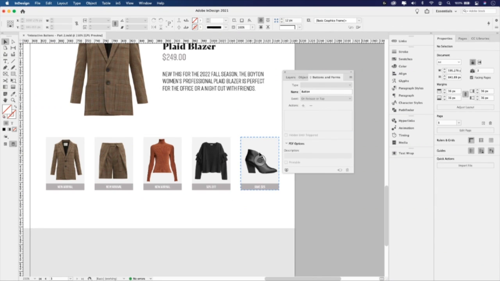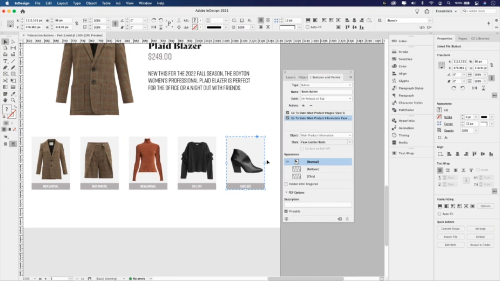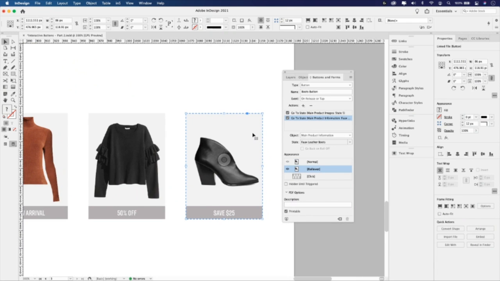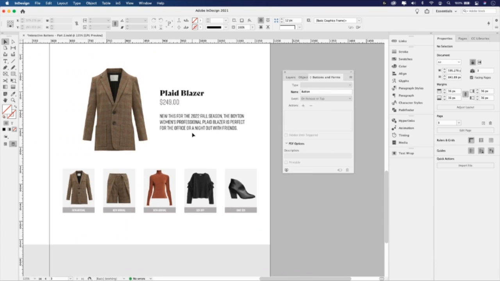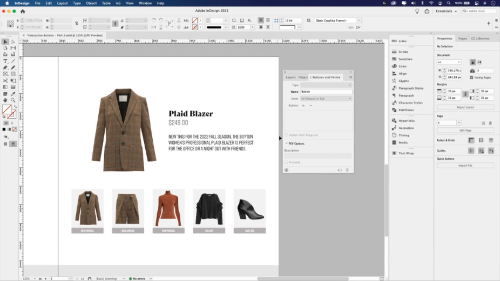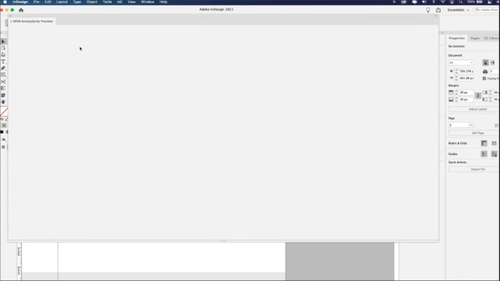So let's test this out. Actually, we have to set up the rollover here on this last one. Always remember to double click to drive into the rollover appearance and then make it 60% and then click normal back to normal. Let's test this out. Let's see how it looks just to make sure it works and it looks good as we move along here.